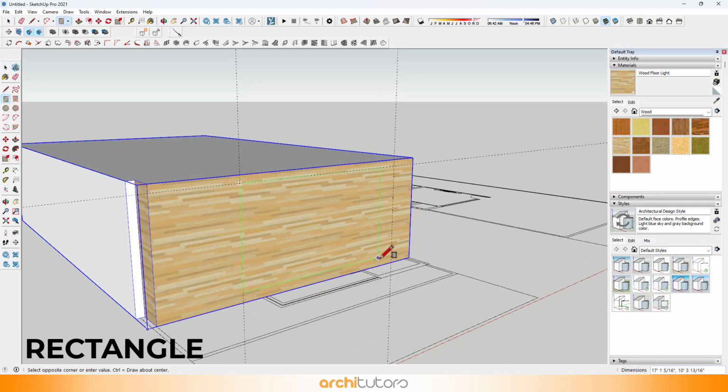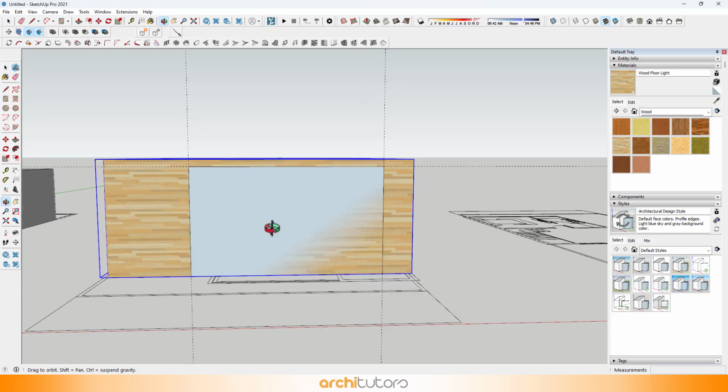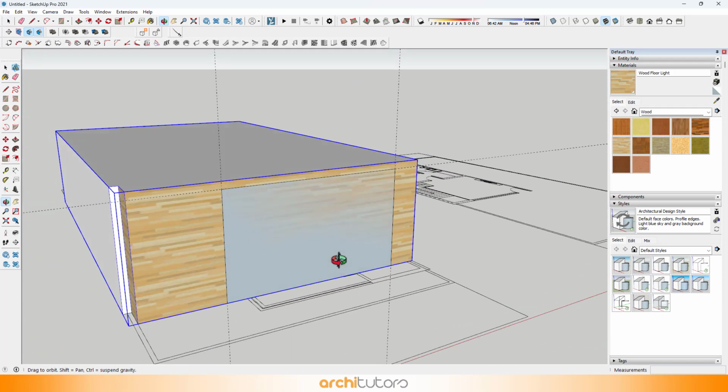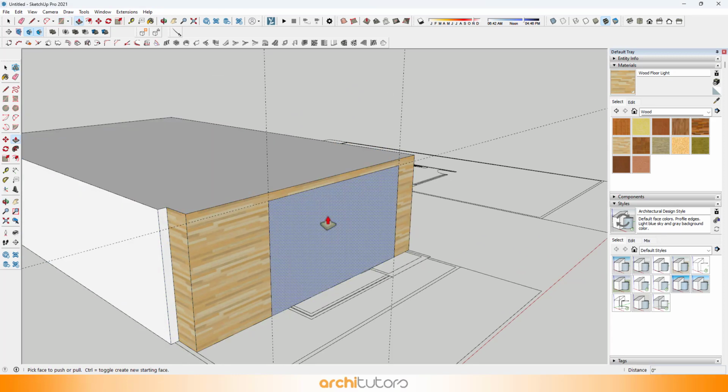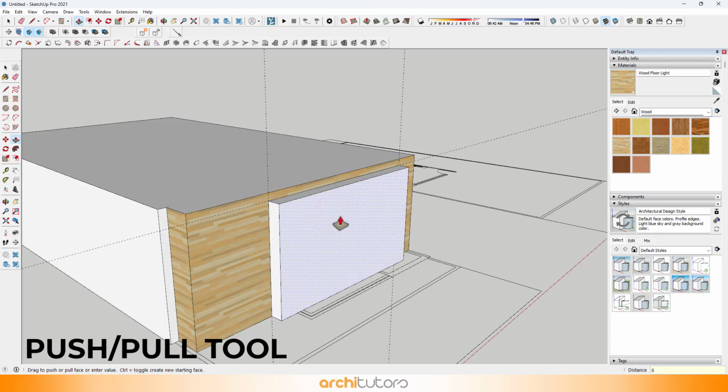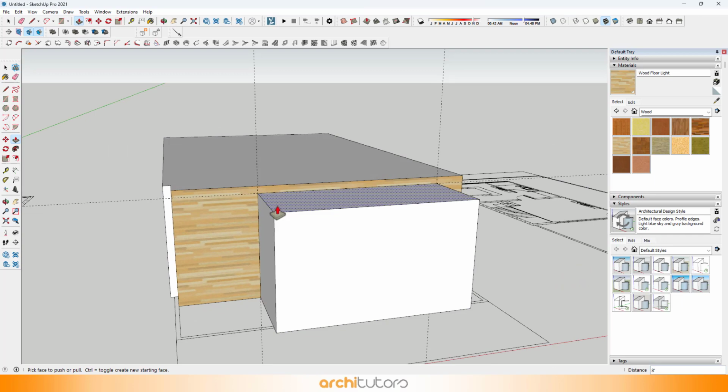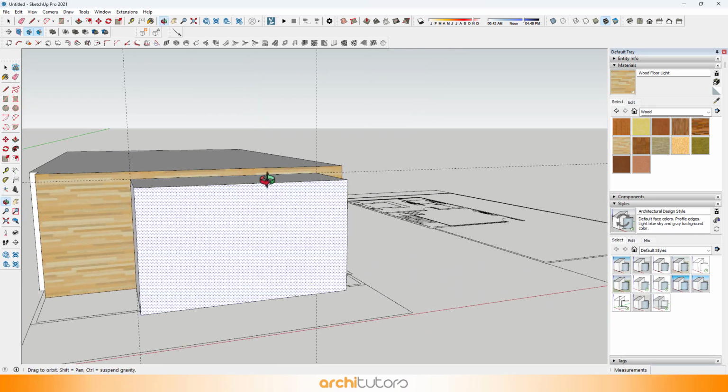Let's create a box on this outer surface. This box is going to be our balcony.